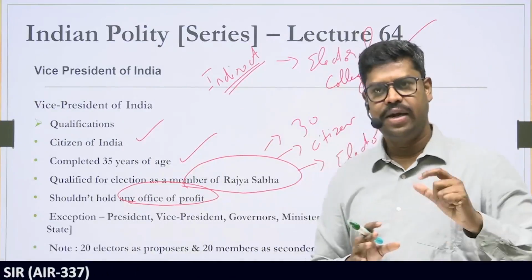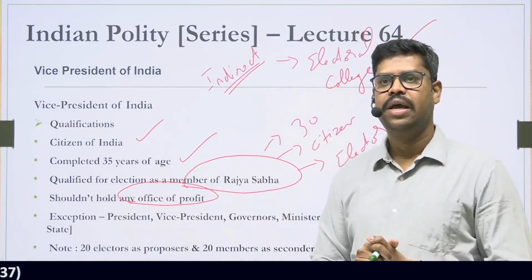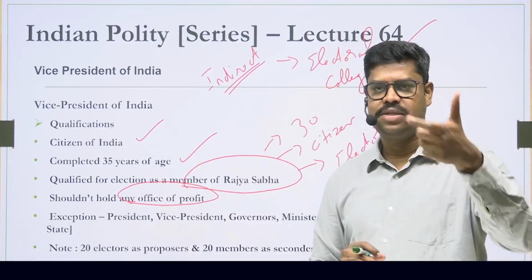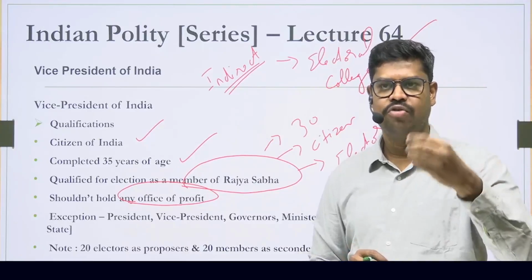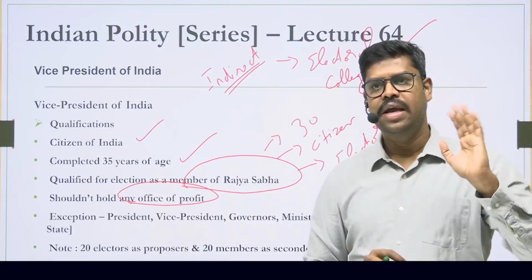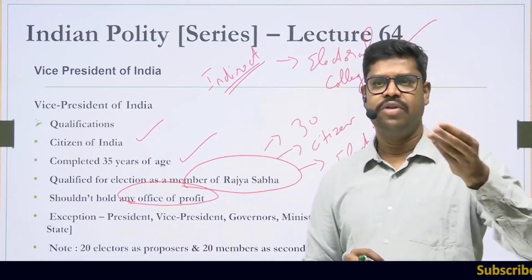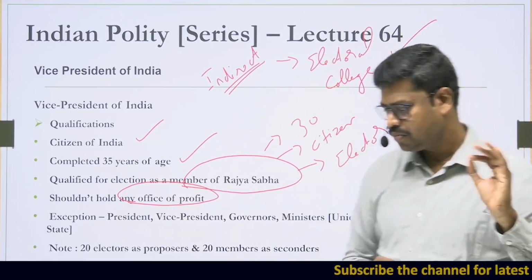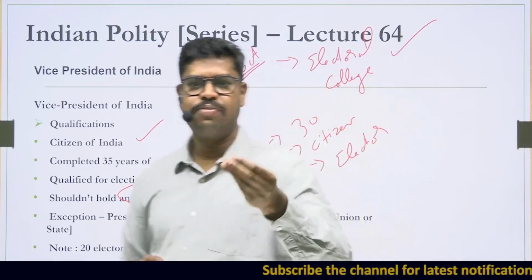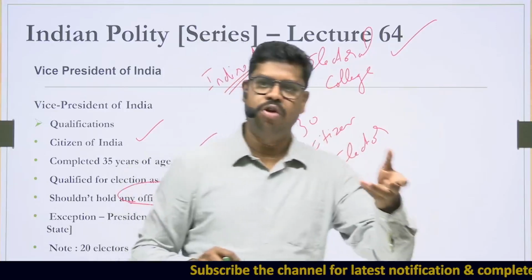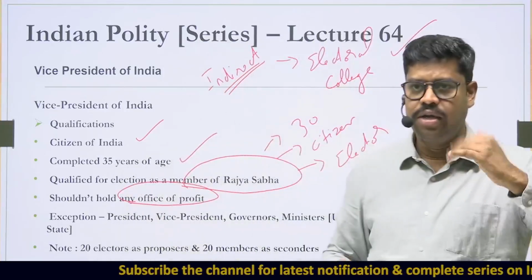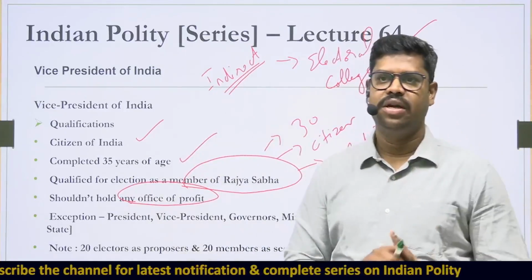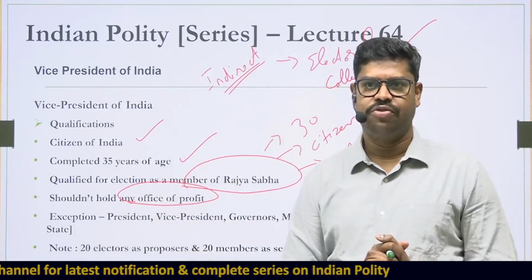However, what do you understand when I say office of profit? As per the Supreme Court intervention, it is any office either under the center, state or any of the local governments by way of which a profit is receivable. The profit can be salary, or any of the other benefits of holding this office. It is not necessary that somebody is taking the profit. Even if the individual is not taking the profit, if the office provides for the profit, that itself is sufficient to consider that particular office to be an office of profit.